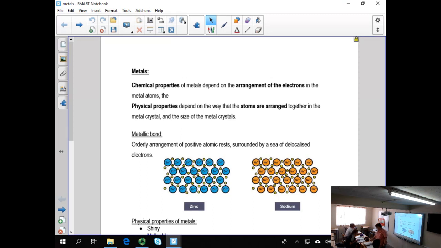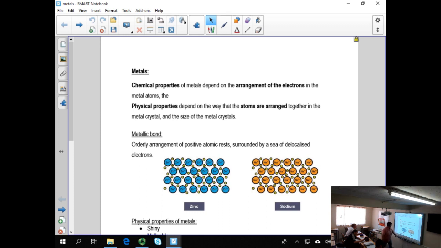I have to start a new chapter. Chapter 4 on metals. Now, we did metals in grade 8 for the first time. What are the differences in properties between metals and non-metals? Just shortly. Metals are shiny, malleable, ductile, sonorous, good conductors of heat, good conductors of electricity. Okay,